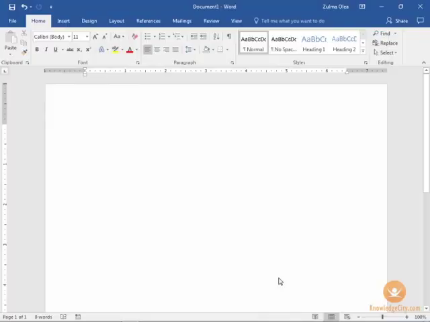In this lesson, we will look at how to use the new Tell Me feature. The Tell Me feature is brand new in Word 2016, and the command appears to the right of the ribbon tabs. My last ribbon tab is the View tab, and to the right of there I have a light bulb